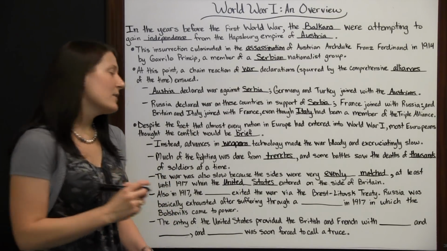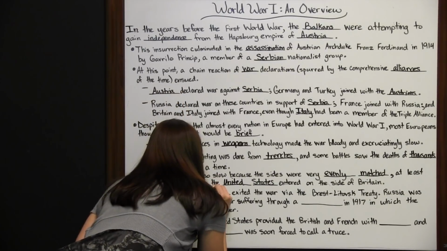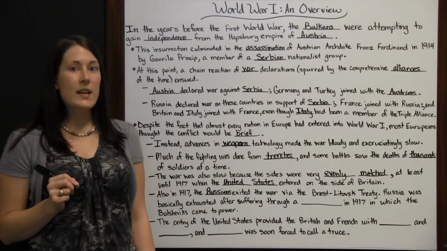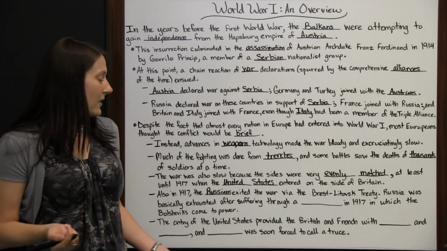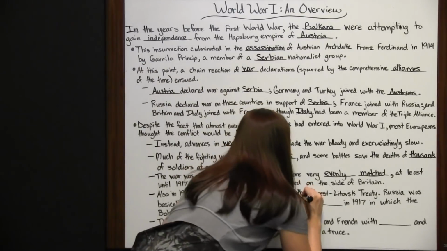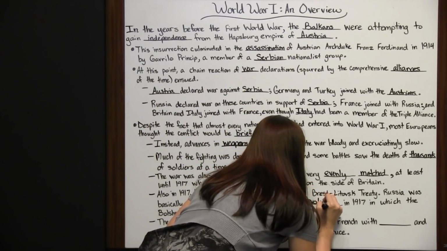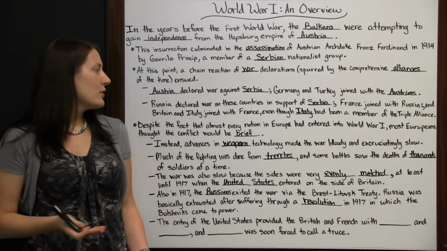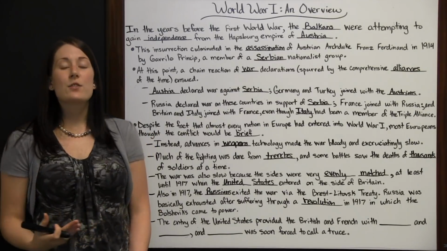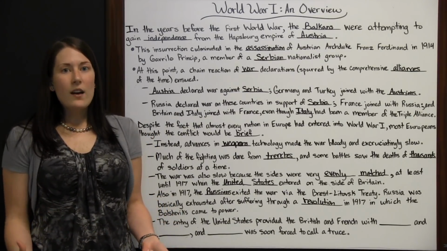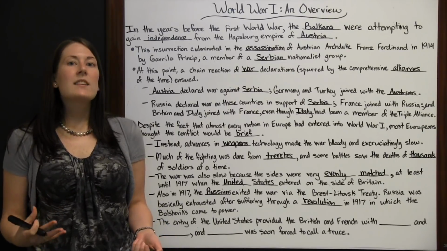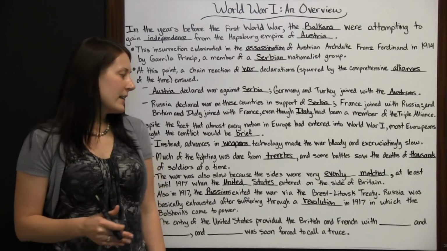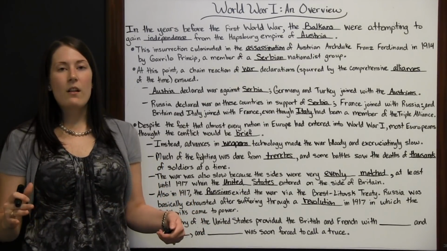Also in 1917, the Russians exited the war via the Brest-Litovsk Treaty. Russia was basically exhausted after suffering through a revolution in 1917 in which the Bolsheviks came to power. So Russia wasn't trying to bail on Serbia after declaring their support. They just were exhausted. They didn't have the troops, they didn't have the supplies, they were already messed up internally because they had had this internal revolution, and so they signed a treaty all on their own and backed out